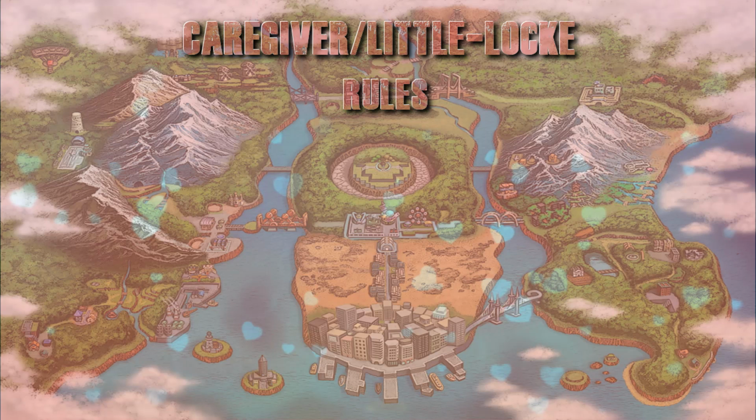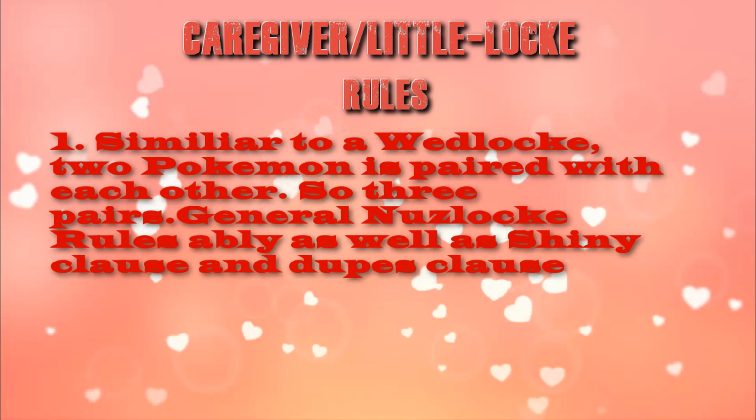So yeah, I've decided to do this as a Pokemon Nuzlocke. I have some rules. First off, it's similar to a Wedlocke, in that two Pokemon can be paired with each other, so three pairs in total, and general Nuzlocke rules apply, as well as shiny clause and dupes clause. I would say it's sort of a mix of a Littlelocke, which Tortimer the Grey came up with, and a